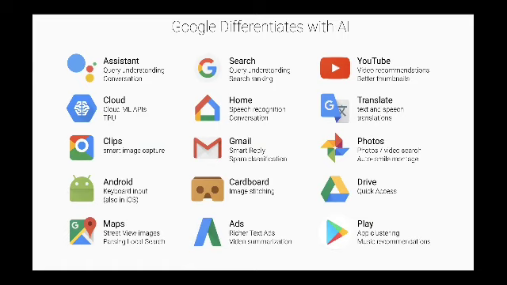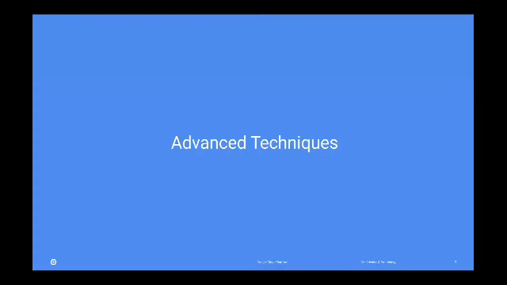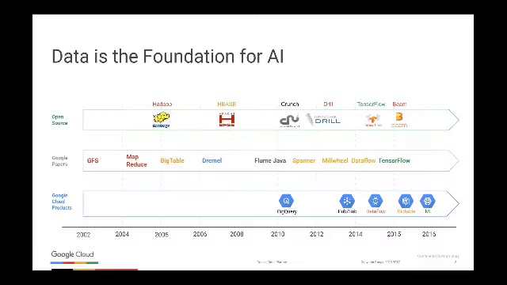So I'll talk at a high level on Google's leadership. Then next we'll discuss some of the advanced topics that are publicly available for Google. Obviously we started from data, then we went to mobile, and then to AI. So Google has been doing a lot of data work for a long time. And many of those were internal projects that have been made into open source and eventually moved to the Google Cloud platform, which is where I work.